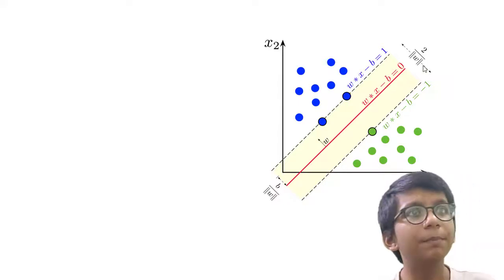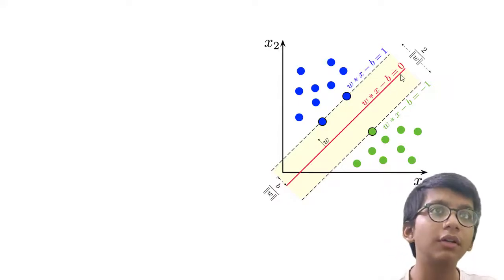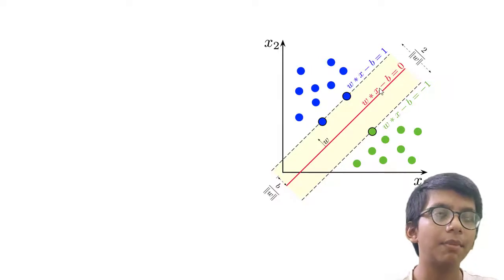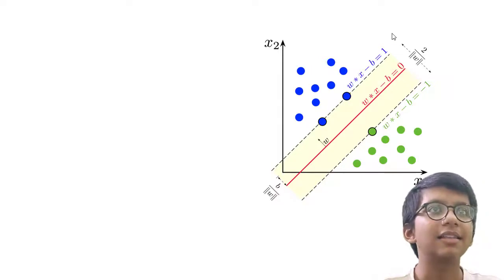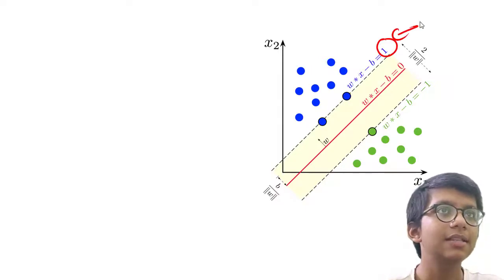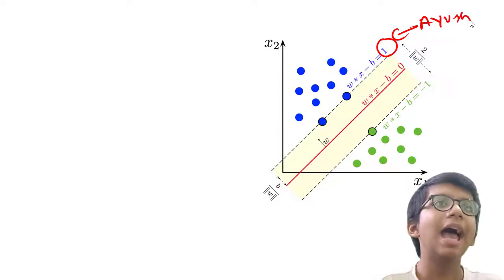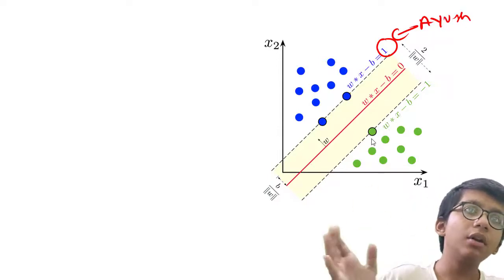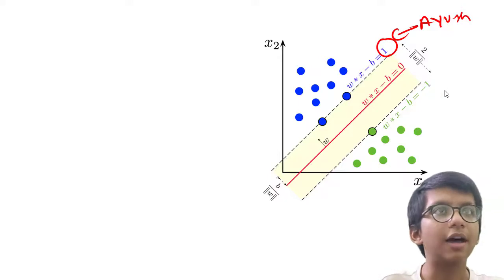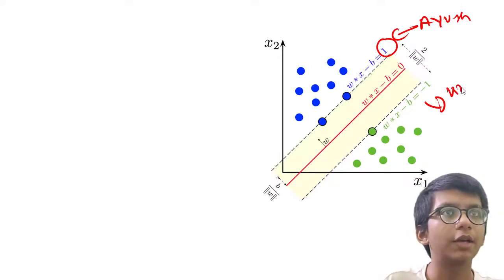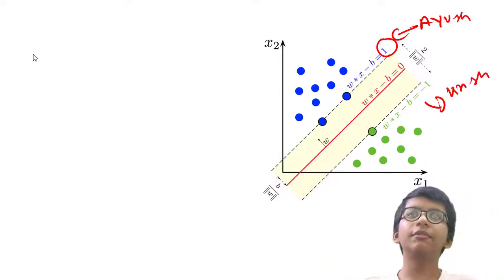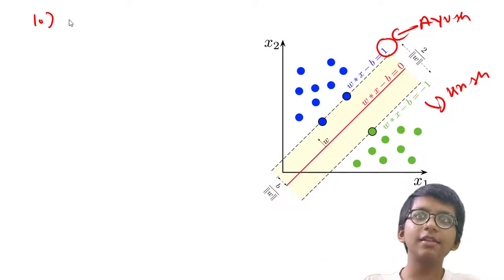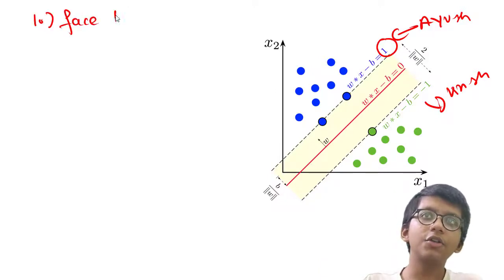Whatever is on or above this hyperplane is regarded as a 1, which in this case is Ayush, and whatever is below this hyperplane is regarded as Krish. Recall that we were building a face recognition